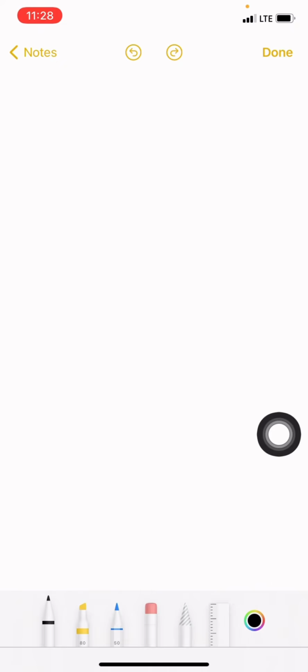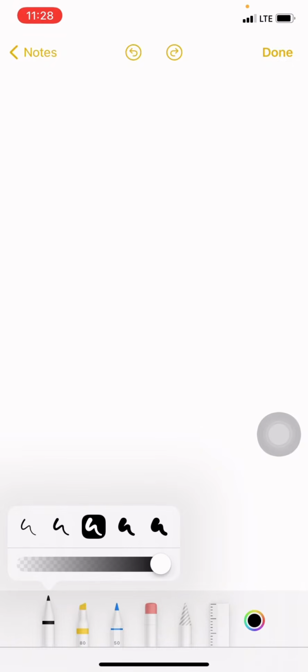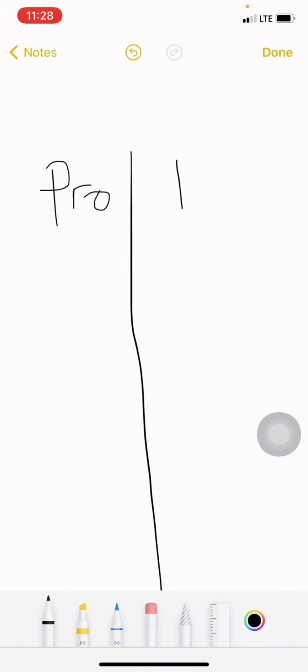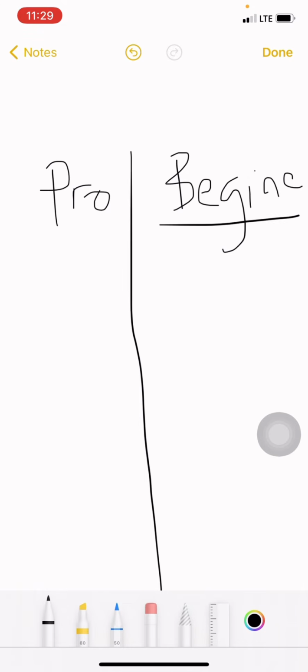So I'm going to show you how pro traders trade and how beginner traders lose their money in the market. So let's say this is the pro, see, and this is the beginner. Most of the beginner traders, the way they trade, I'll start with the pro. So the pro, I'll give an example by myself. Whenever I'm in the forex market,